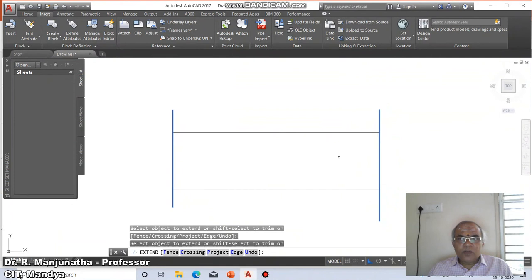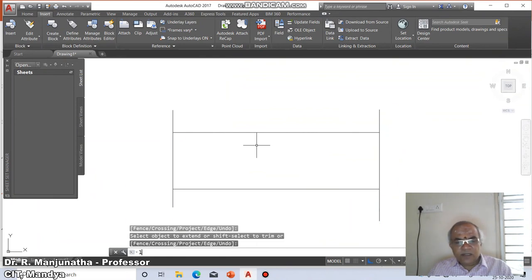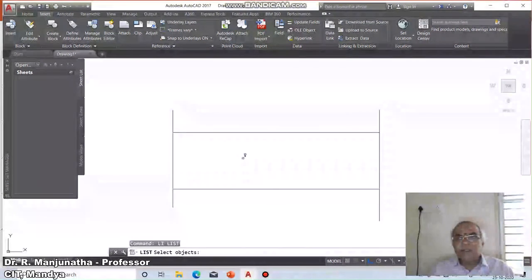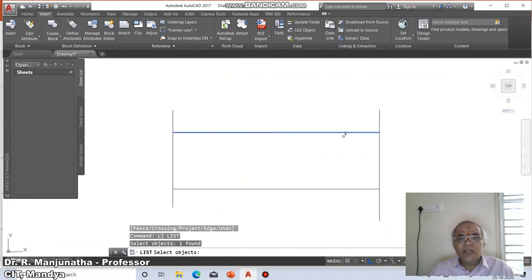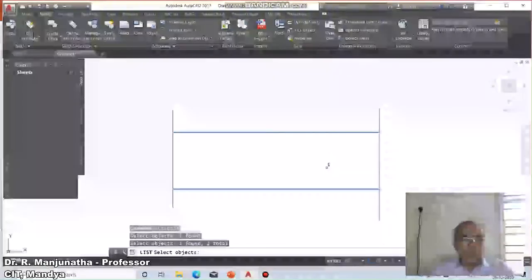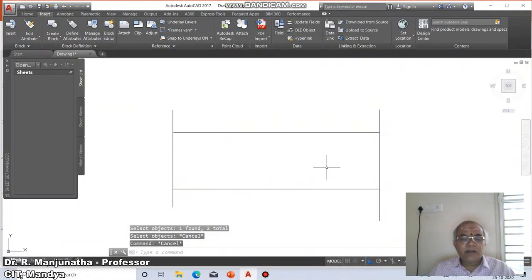This is one of the options, and this is the default option for the extend command. The advantage of this is, in the previous case when we listed, it listed 3 entities. Now here if you list, it will have only a single entity. So this is the advantage of using the extend command.